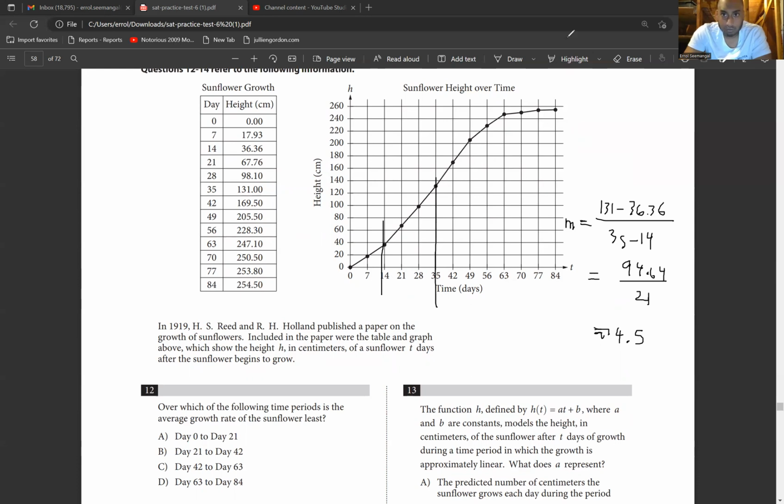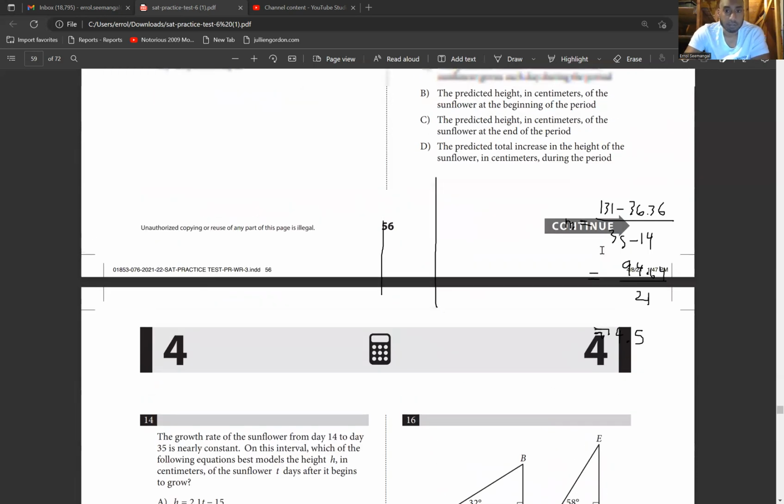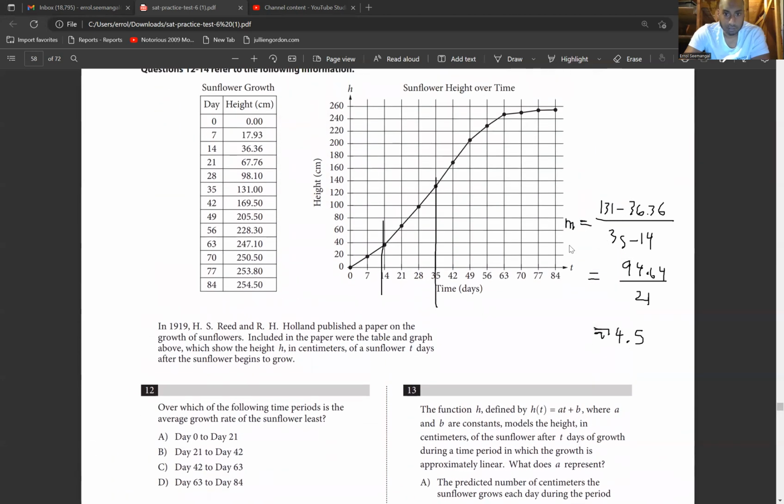What number was it? It was 27. Okay, so the 27 would be what number would the b represent in y equals mx plus b? The y-intercept. Okay, so if we go back here,